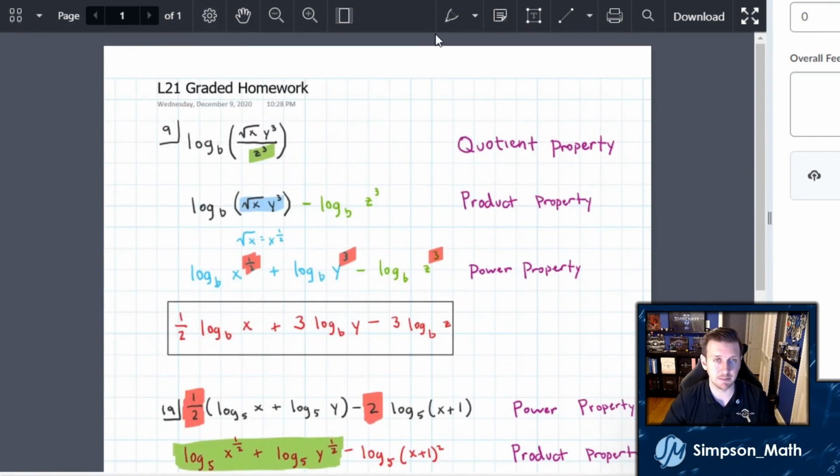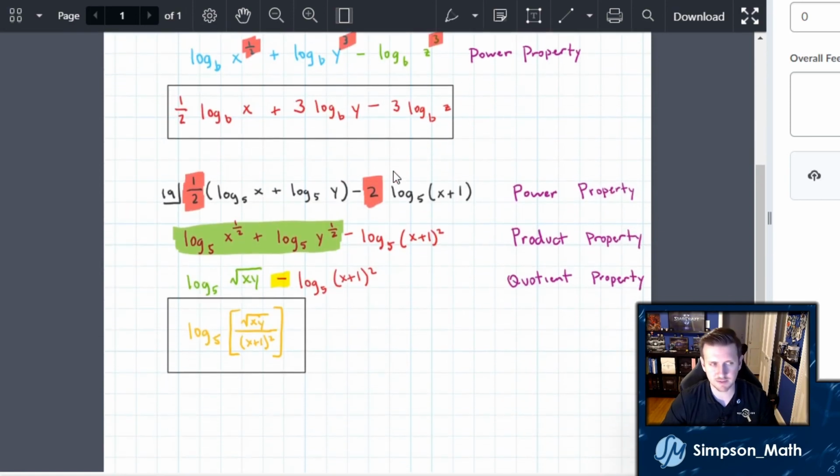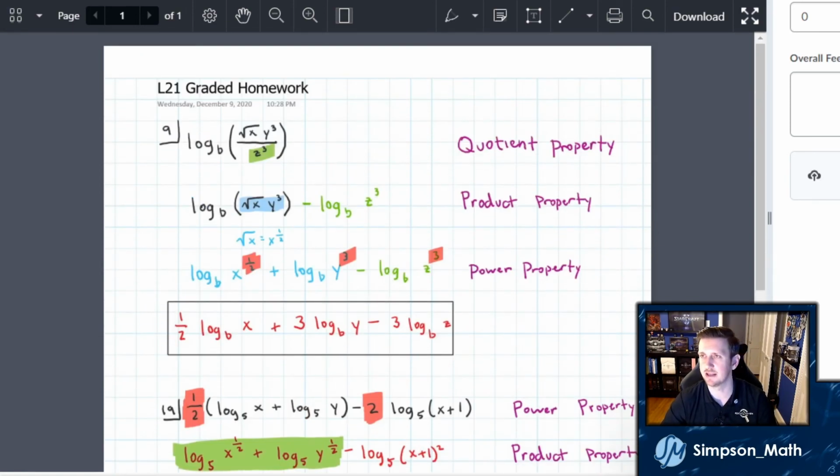So again, I can do the same thing, just like drawing on here. It did not save this as text. Sometimes, if you use text, then you'd be able to highlight text, but I don't mess with that when grading math. I just use the drawing and the highlighting. All right, let's give them their grade